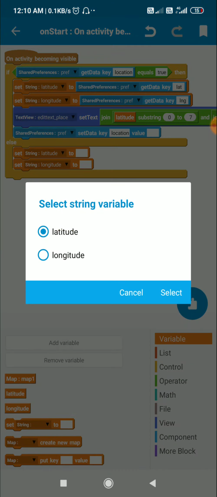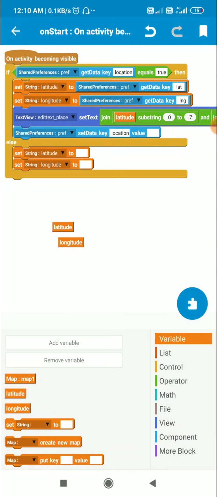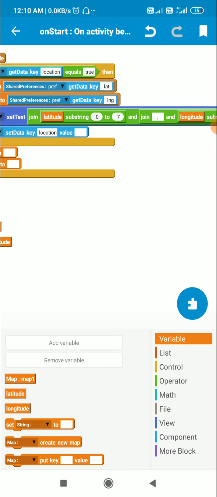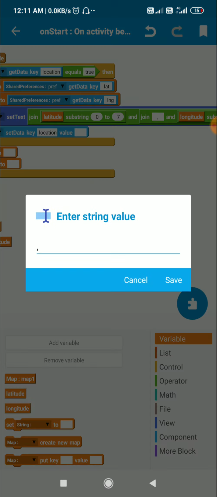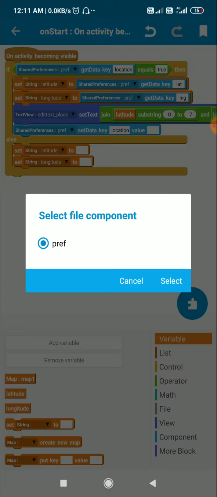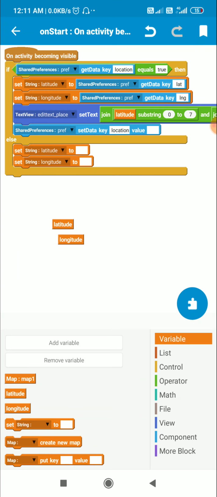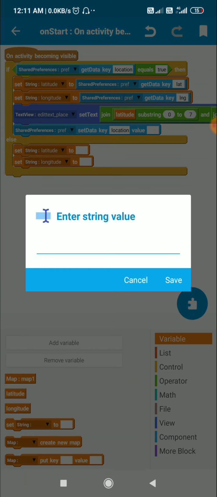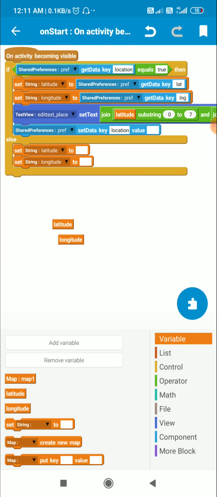So then I set this string latitude to shared preferences get data key lat, and I set longitude to shared preferences get data key lng, and in edit text place I display latitude substring 0 to 7 comma space longitude substring 0 to 7, and for the shared preferences key location I set the value to empty. So this location will be empty, and then we can add a new location.